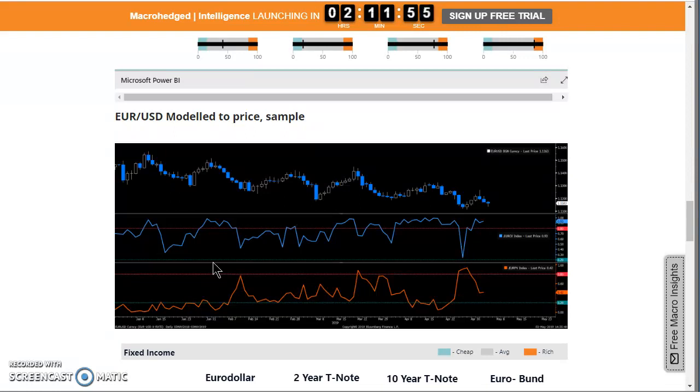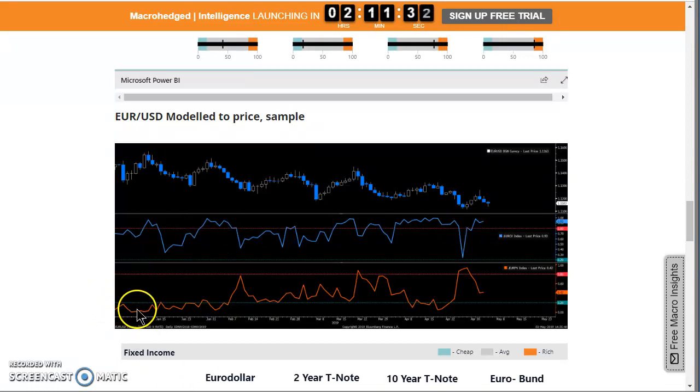It gives you an idea of how the skew is, essentially. So it's showing you if something's undervalued or overvalued. You can see multiple times here when the euro calls were overvalued, and